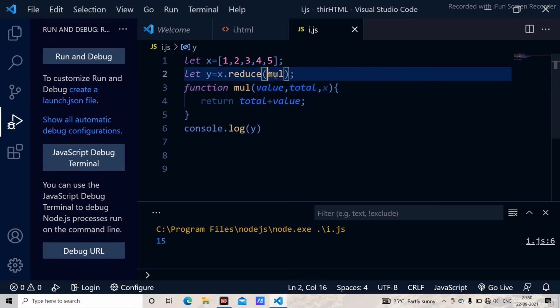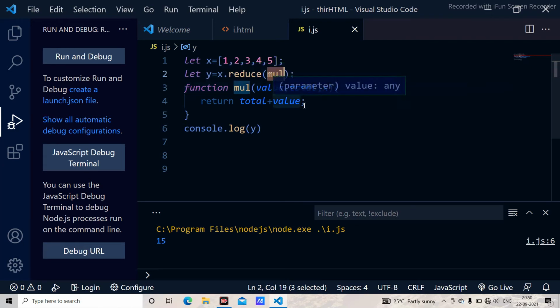I am passing the function mul, and I am creating a function mul, and I am passing the values total and x. Here these don't have any values yet, because it is going to consider only one argument at a time. Therefore 1 is passed through the value.